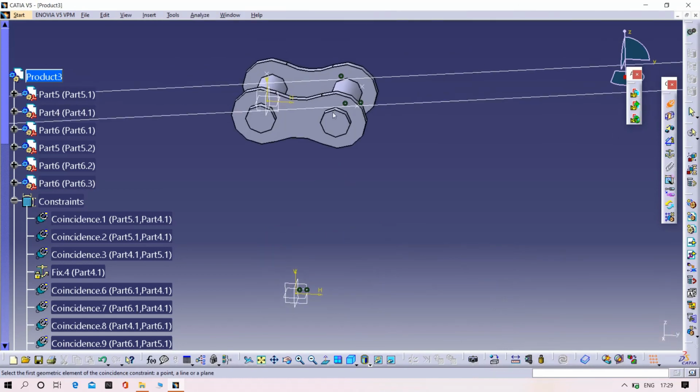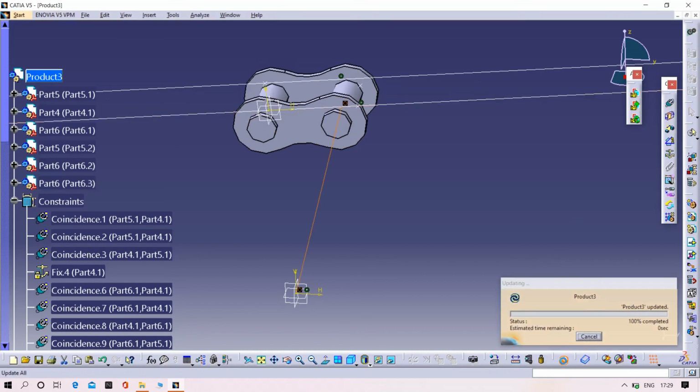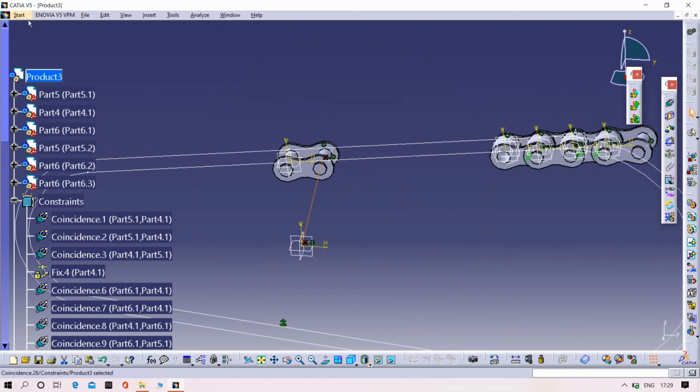Yeah, then coincident tool, curve and point, apply.